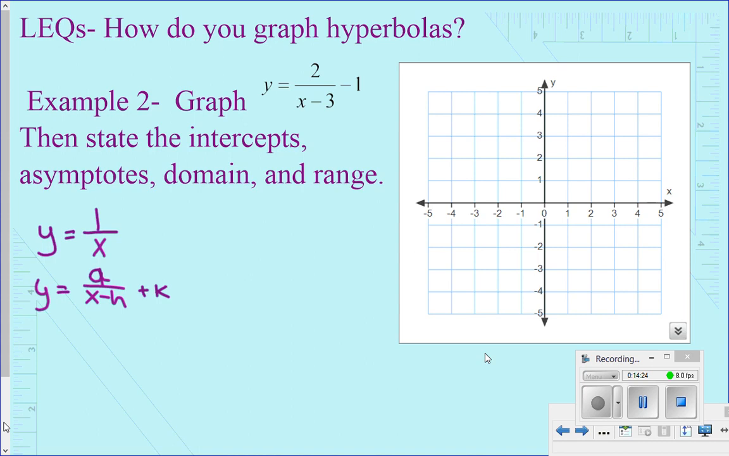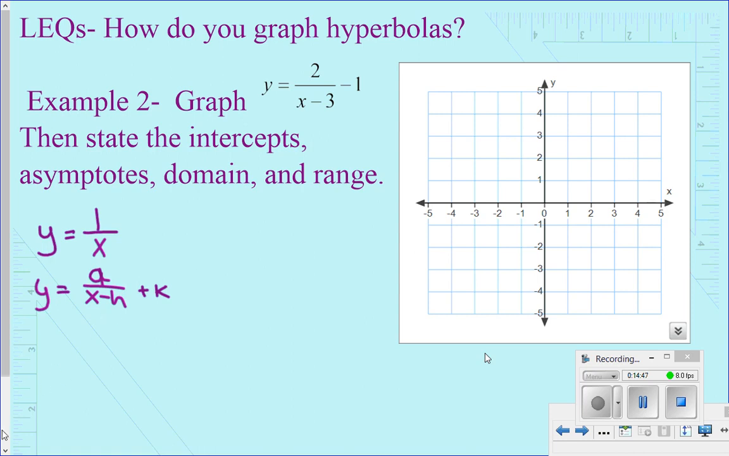So because the denominator affects the vertical asymptote, remember why that is. The denominator is what causes the domain restriction. The domain restriction are the values that make the function undefined, which causes that break, that vertical break in the graph. So the denominator affects the